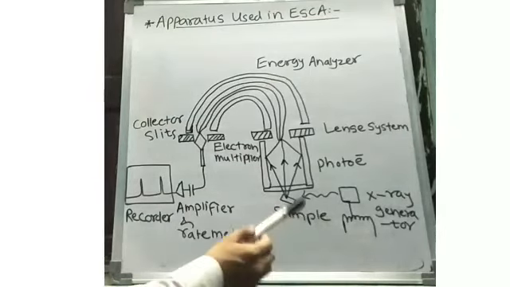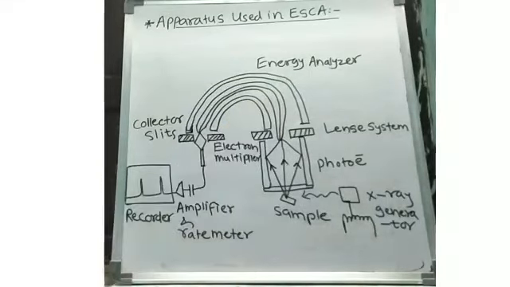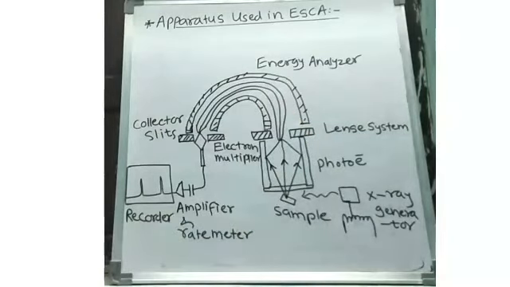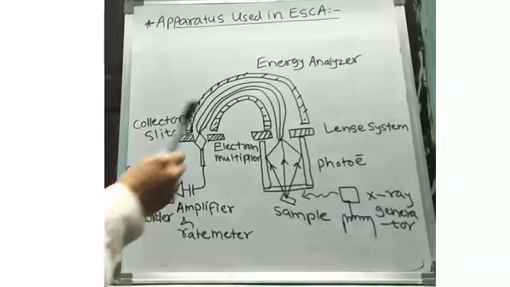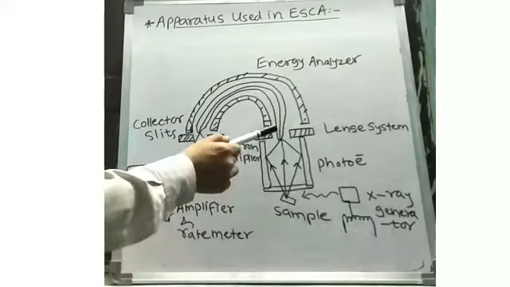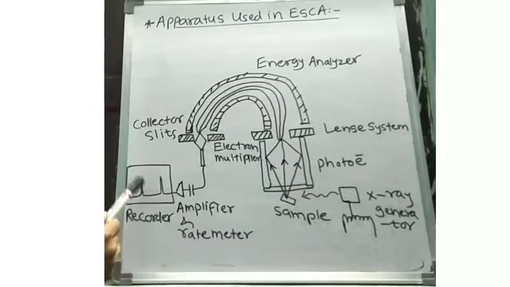As X-rays fall on the sample, electrons are emitted at right angles to the X-ray and travel towards the entrance of the energy analyzer, that is the kinetic energy analyzer. Here the electric field is adjusted by the two concentric hemispherical electrodes, so that the analyzer selects only those electrons having a particular energy and sends them to the detector, and the detector forms the spectrum of the number of emitted electrons as a function of kinetic energy.